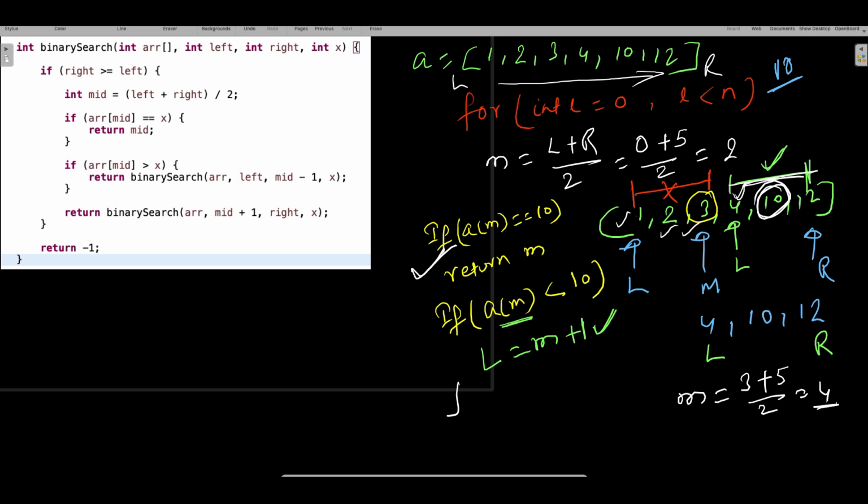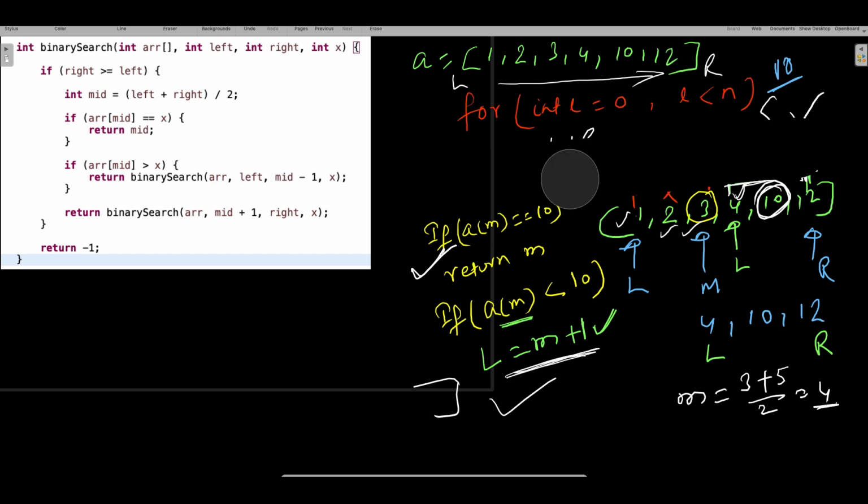And everything was happening inside the for loop. So you have started the for loop here, you have ended here. You got it? So this we call an iterative process. In the iterative process, we run a for loop and we write certain conditions. So guys, when the middle index was lesser than the number I was looking for, I did m plus 1, right? Because I have to search after the middle index, which I have explained to you. Now consider the second case.